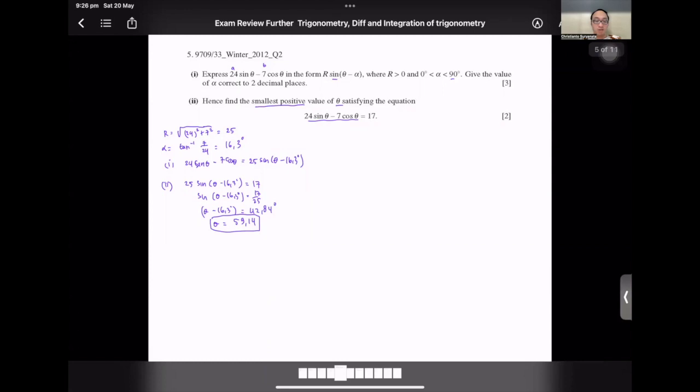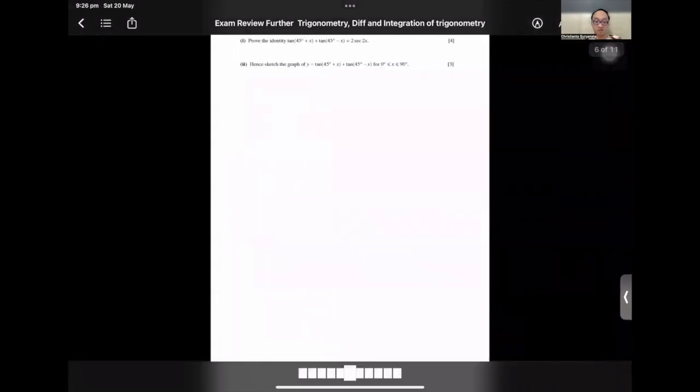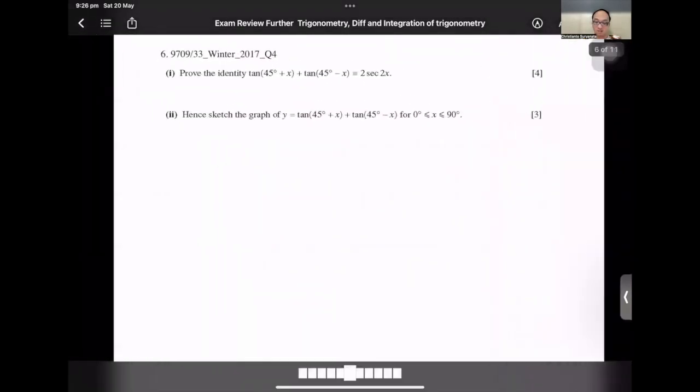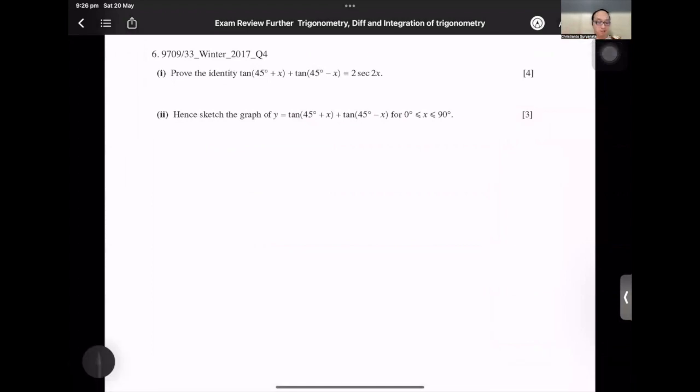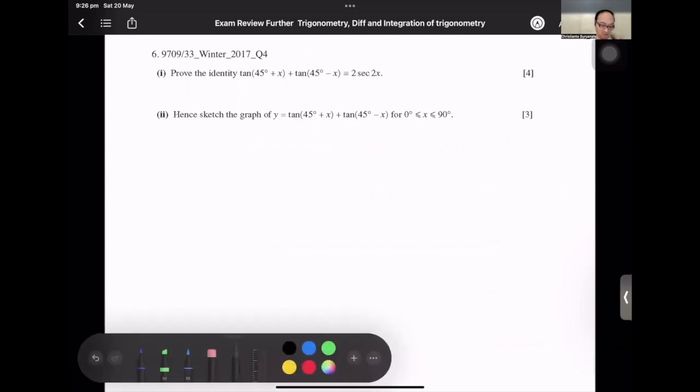Okay, let's move on to the next question. Number 6. Prove the identity tangent of 45 plus x plus tangent of 45 minus x equals 2 secant 2x. Okay, so in here we can use the same